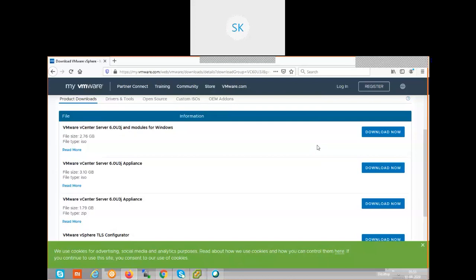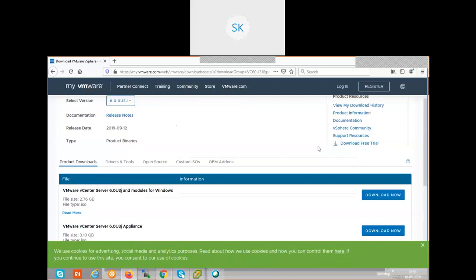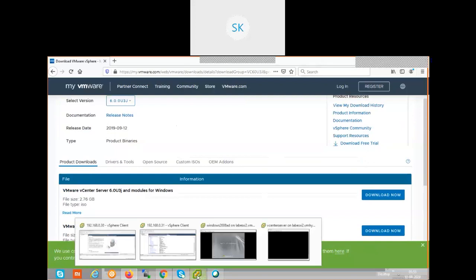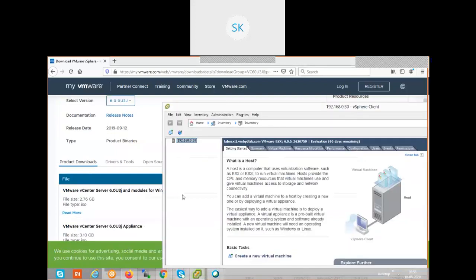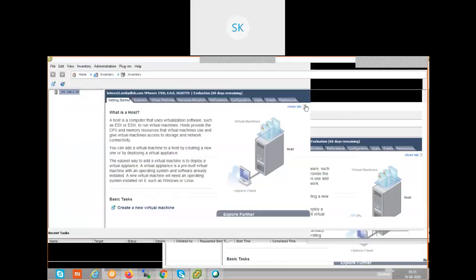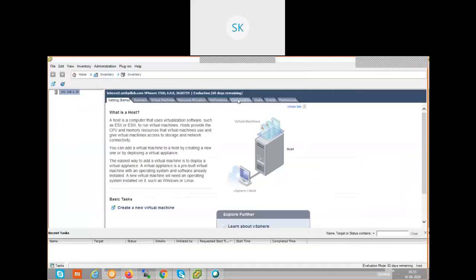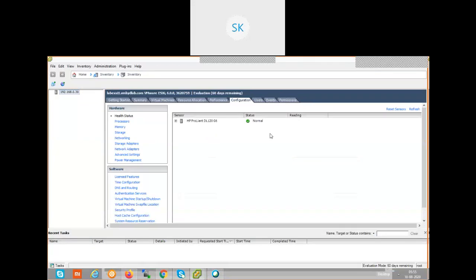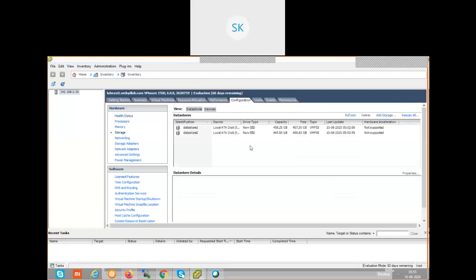We already downloaded the Windows based ISO image. Once downloaded, how do we copy that ISO image to the respective VM and mount it? We need to copy that ISO image to the data store. In the previous session, we already explained how to browse the data store and copy that.